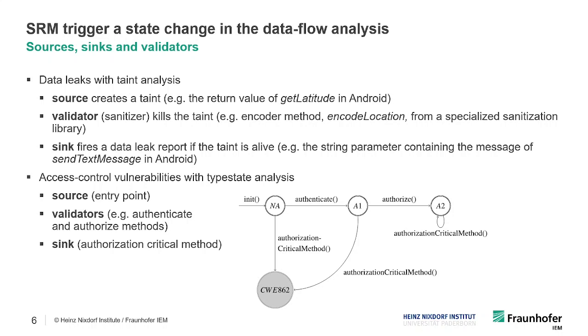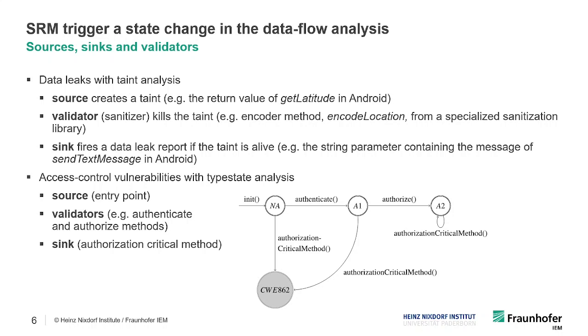In comparison to taint analysis, where we only have one state, the data flow will check if a taint exists or does not exist, or it is in a tainted state or not tainted state. In typestate analysis, one can model an arbitrary number of states. And you see a state machine example on this slide